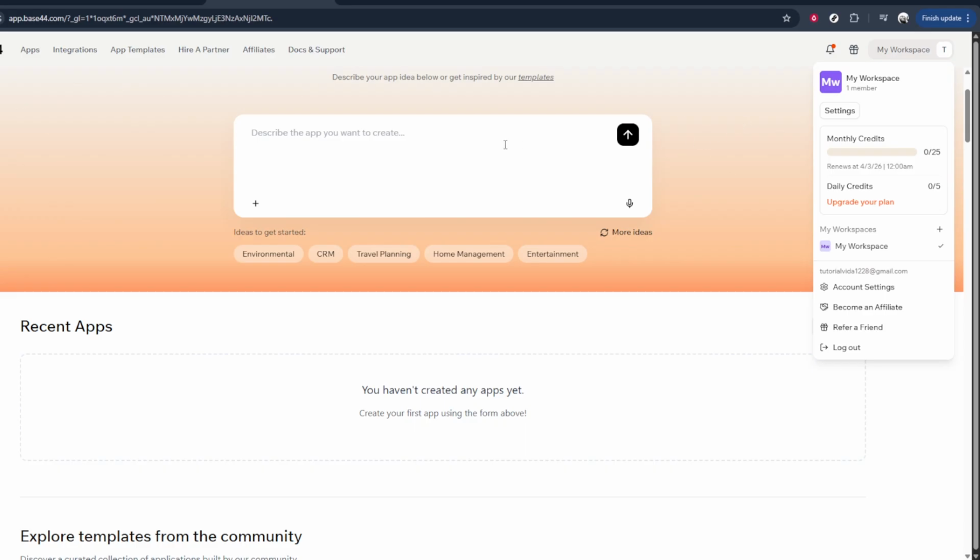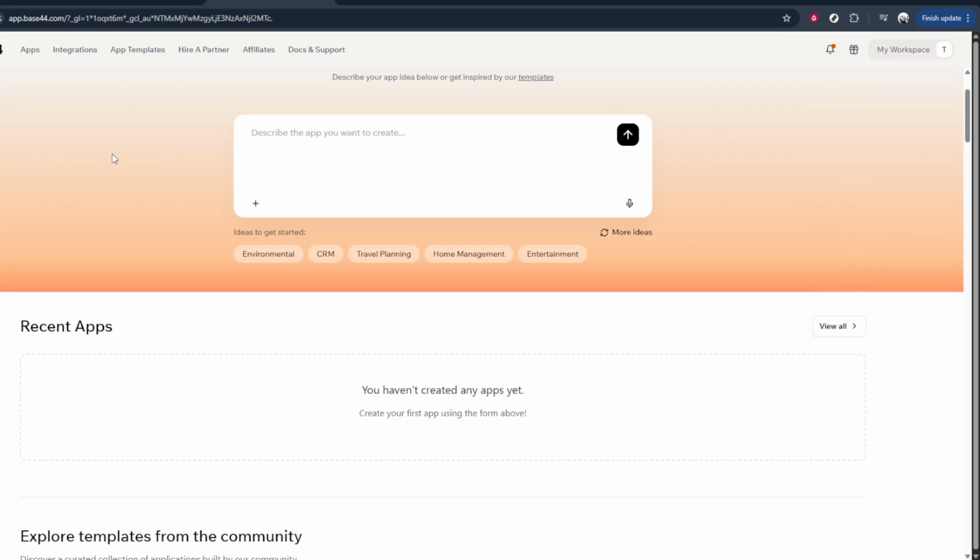Google will then redirect you back to the Base44 app. At this point, your Base44 account is automatically created and linked to your Google account. You should land inside the Base44 dashboard or main interface, ready to start exploring and building. From here, you can begin setting up your workspace, experimenting with features, and creating AI-powered apps, all using the account you just